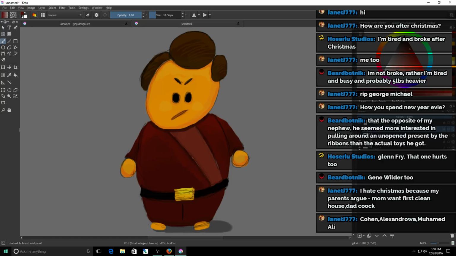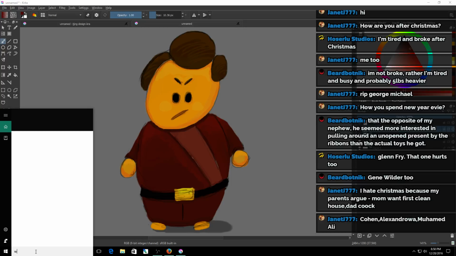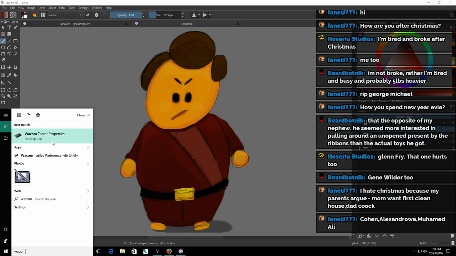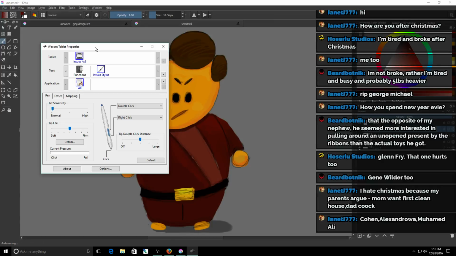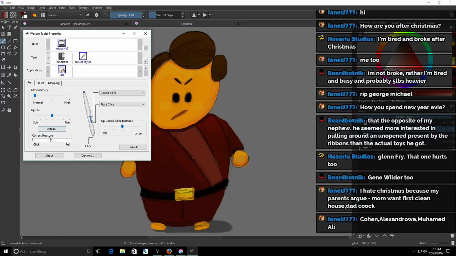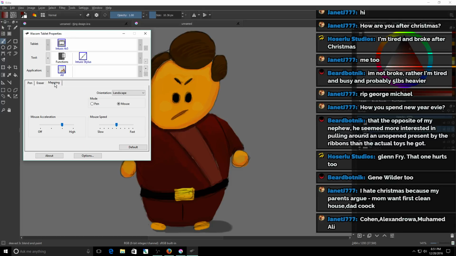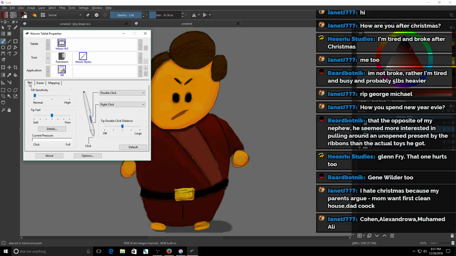Just for your information, if you have a Wacom, here's the dialog box, and there's mapping, and I'm not really sure, got the stylus. It's either somewhere in here that I can set it up,